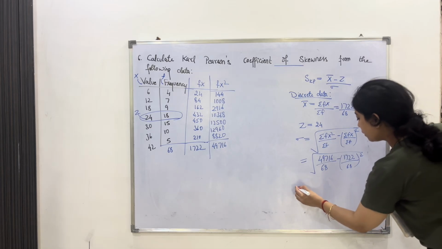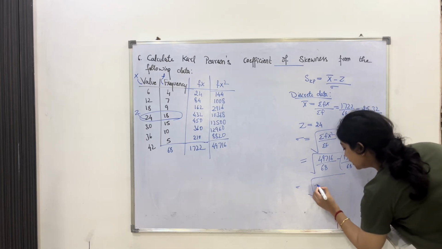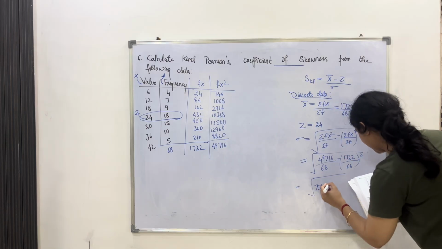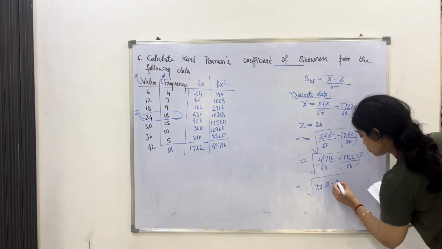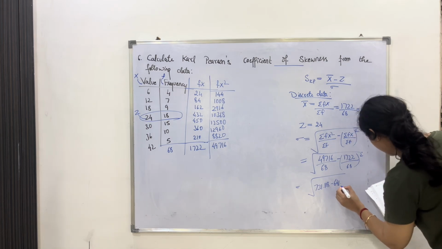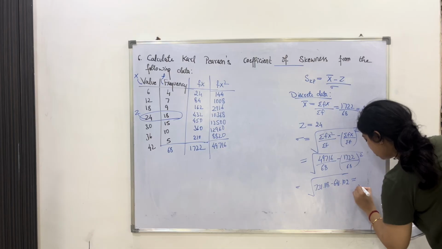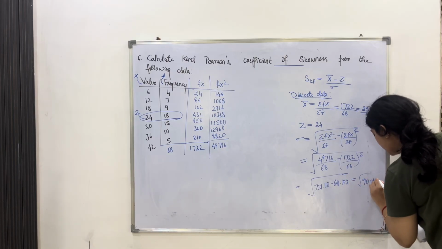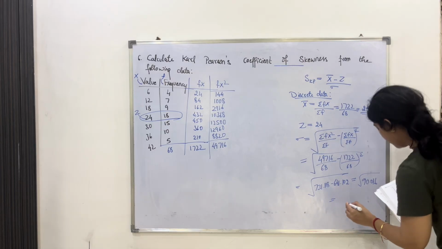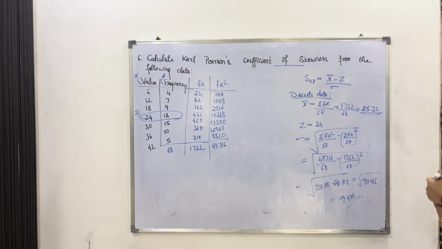Okay. Now by calculating this, we get 731 by dividing the first term, and then dividing the second term and taking the square, we get 641.102. And the root value of this after subtracting is 90.016. And taking the root value, it is 9.488. So this is the value of standard deviation.